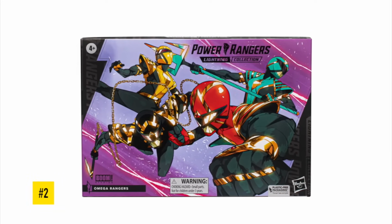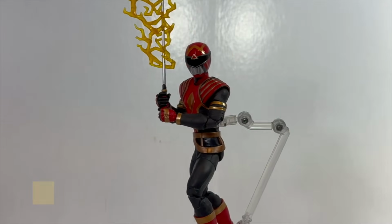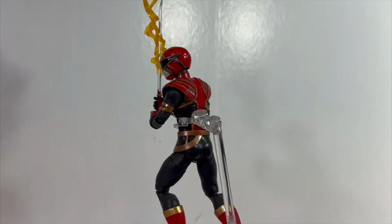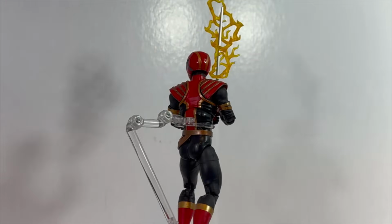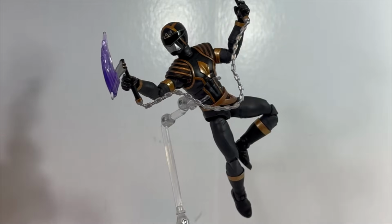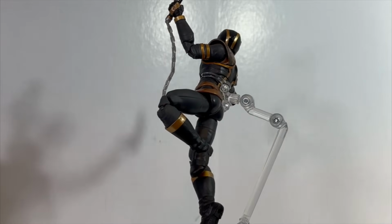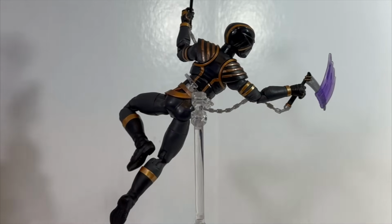The Hasbro PulseCon 2023 exclusive Omega Ranger set. I really like these suits, even though I haven't read the comics in many years. I've wanted figures of these guys for so many years, and the fact that we finally have them in a nice big box set, so that way they're all consistent with accessories and paint applications, is fantastic. Having that PulseCon value to it, even though it's just the cost of 4 figures together, means that